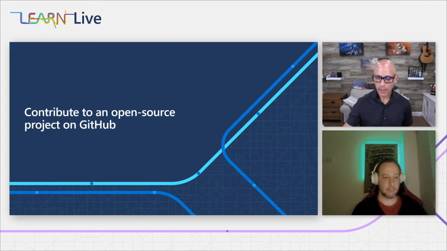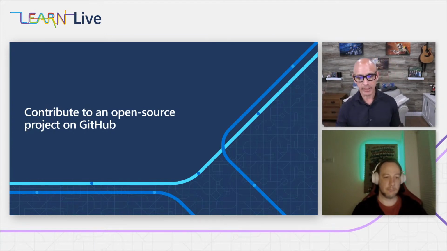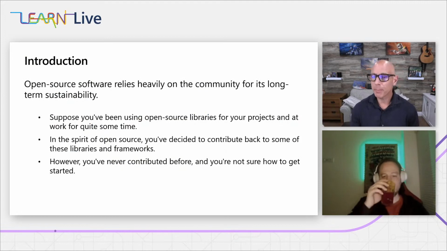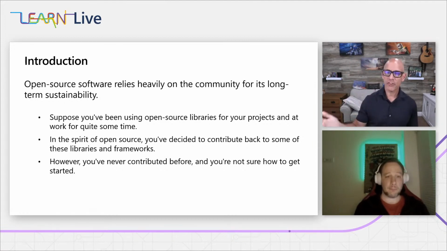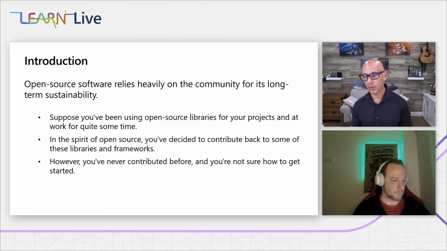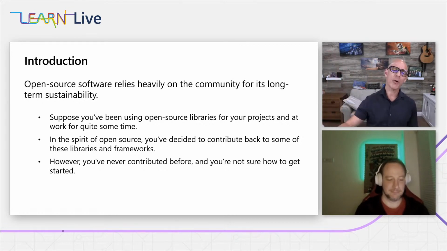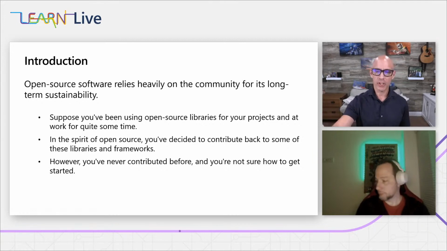So let's move along. The open source community, or OSS, you hear it a lot, you can rely heavily on community people for long-term sustainability. So basically, what does that mean? All these projects out there, someone creates them or a team of people, and then it requires the community to help create issues, identify problems, and help update with pull requests. A pull request is just a magical, crazy word. The first time I heard it, I'm like, what does that even mean? Request somebody to pull my arm or something? It means you want somebody to take your code and merge it into the project. Basically make a fix or refactor.